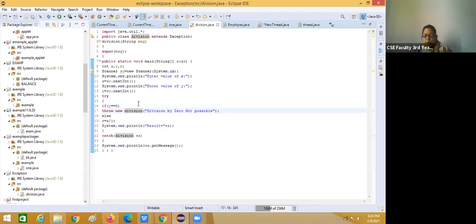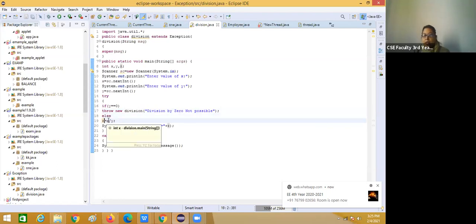A collector for what? A collector for exception. Okay, so throw will give you the exception message. Else z equals x by y, it will give us the result.